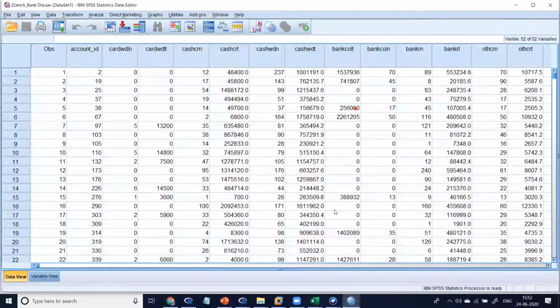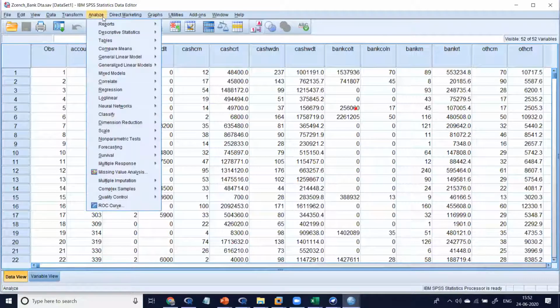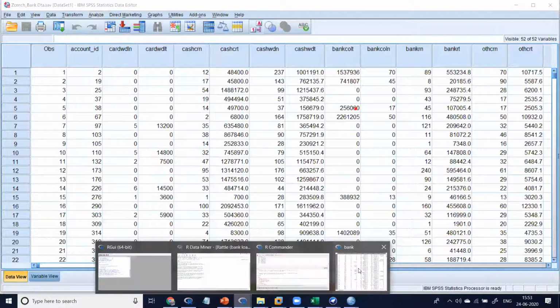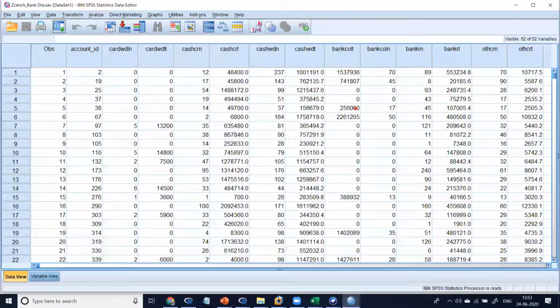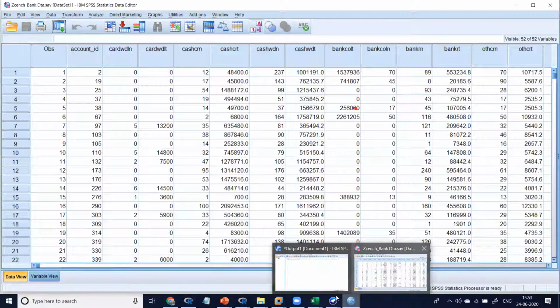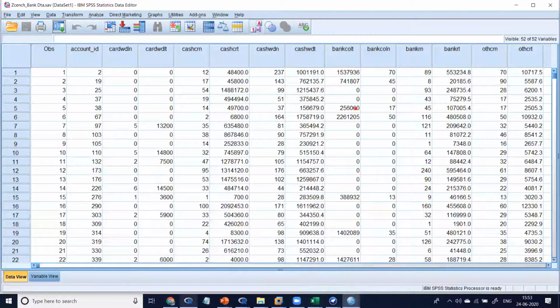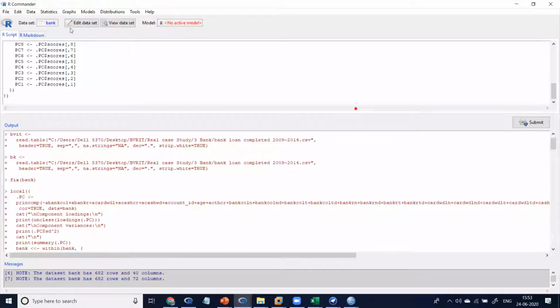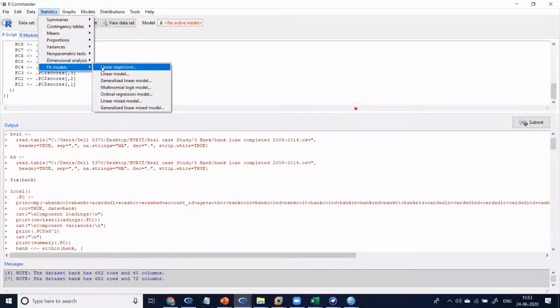Open the SPSS. After doing validation, come to model, select the model, run the model. You come to R, open the commander, select the data, fit the model, run the regression.